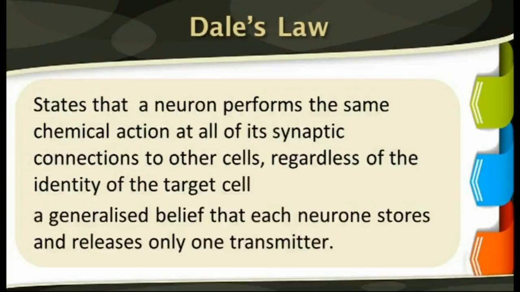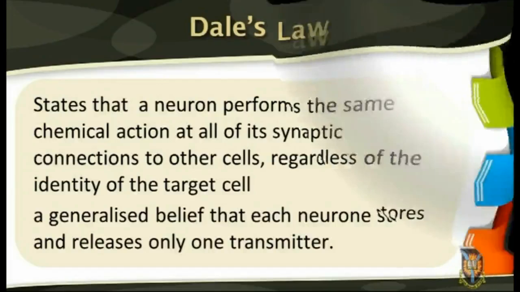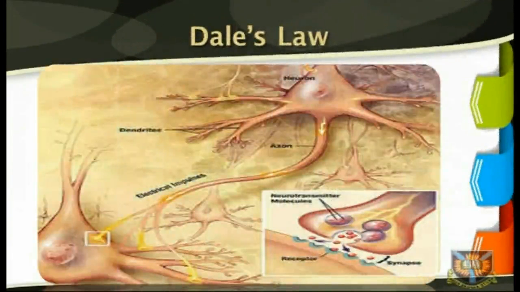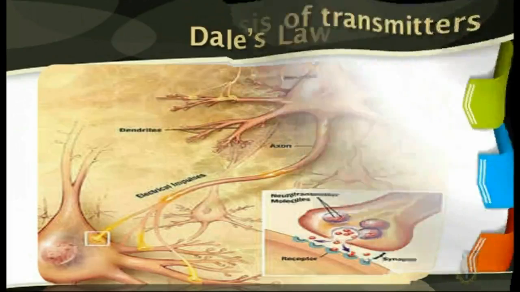Dale's law applies to the transmitter that the presynaptic end of a neuron releases, not to the transmitters that the postsynaptic side receives. Although a neuron releases only one or two transmitters, it may receive a number of different transmitters at various synapses. Neurons that release a particular transmitter are clustered together, not scattered randomly throughout the brain.